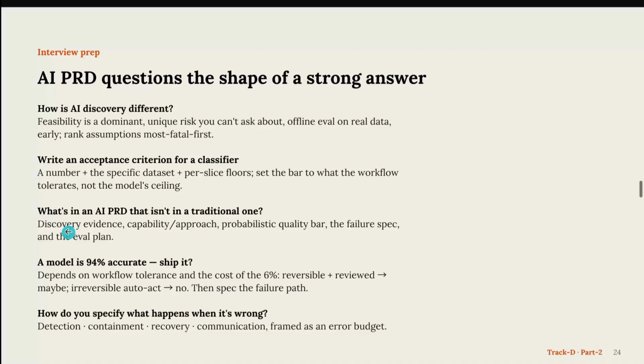We need to detect what's happening, where it is happening, and so on. Containment: we looked at the blast radius, how big is the blast. Recovery: what will we do when it goes wrong? Will we edit, fix, undo, put a human in the loop, revert to a deterministic path? Communicate: how will we communicate it to the user, to the stakeholders, to the business,